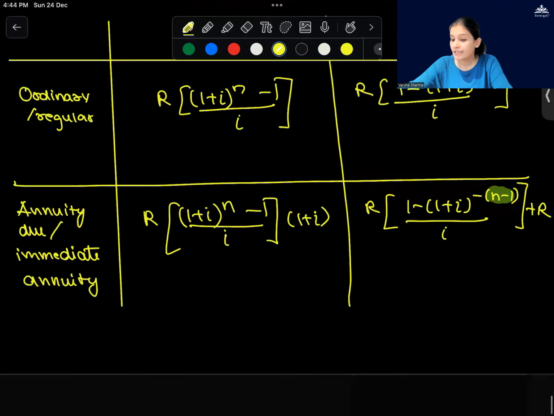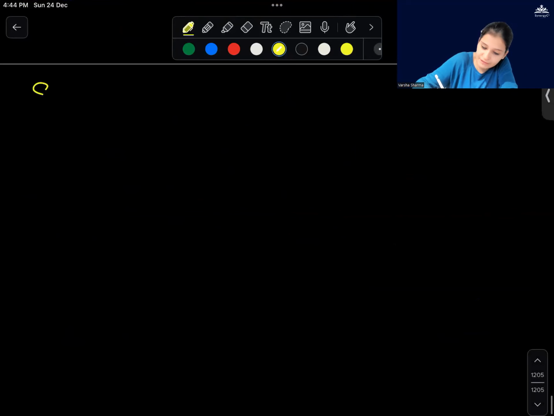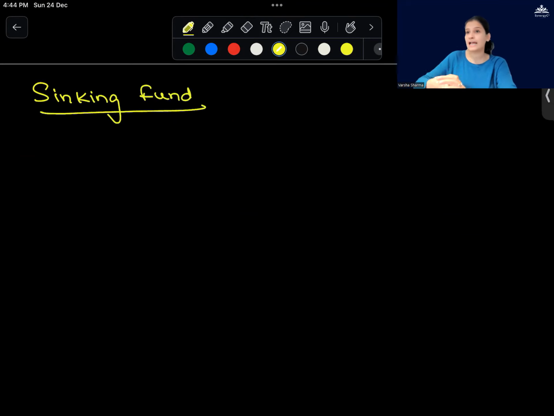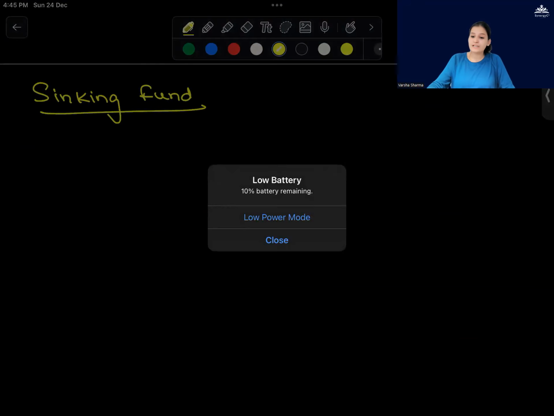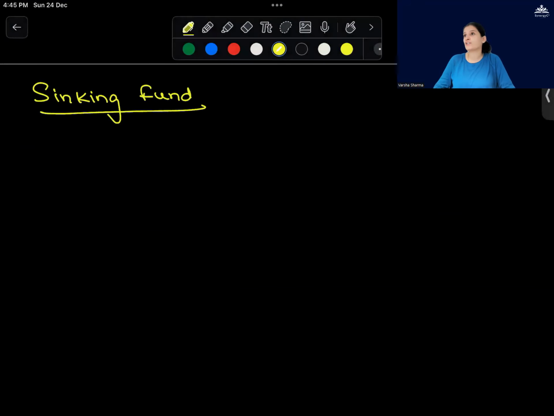Clear? Now we have the concept of sinking fund. Now, what is sinking fund? Sinking fund is used if you have a particular asset or a big payment coming later in the future and you already know about it. For example, if I want to buy a machinery later on in my life, which I know will be costing around, suppose, 50 lakhs. Okay? I already know that much I need later on, after 10 years, for a certain project.